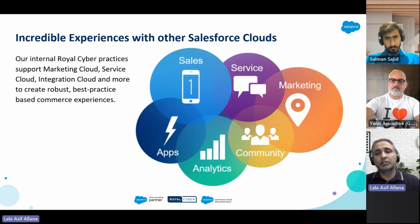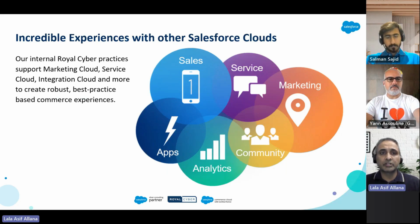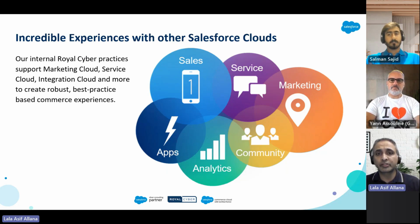So we mostly focus on two major areas. One is B2C commerce, Salesforce B2C commerce, and the other side of this is the Salesforce CRM. When I say CRM, it covers all the clouds: sales, service, marketing, experience cloud, health cloud, financial services cloud. And we do have customers where we have implemented these clouds, where we are supporting customer space, Salesforce space,